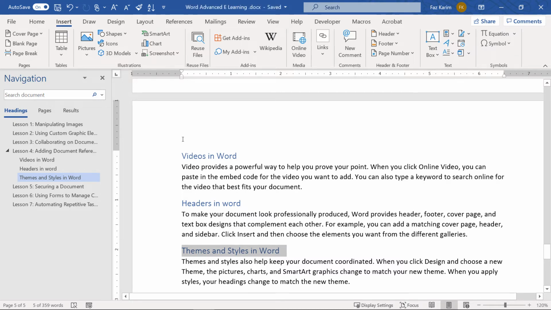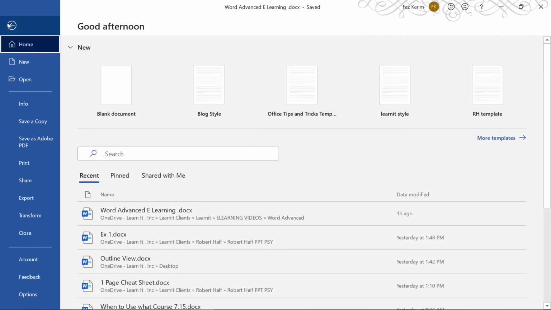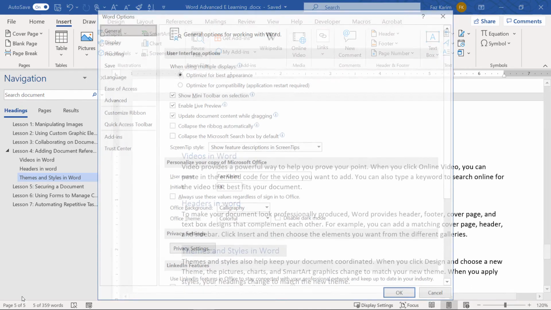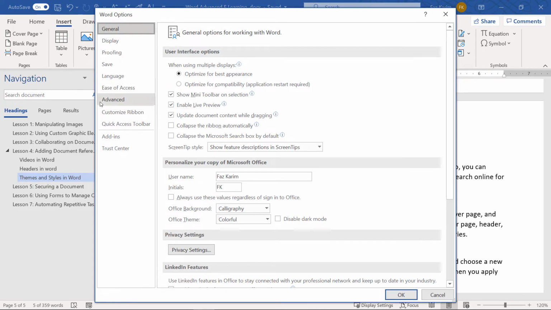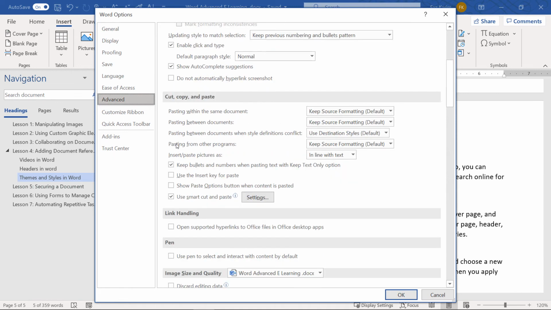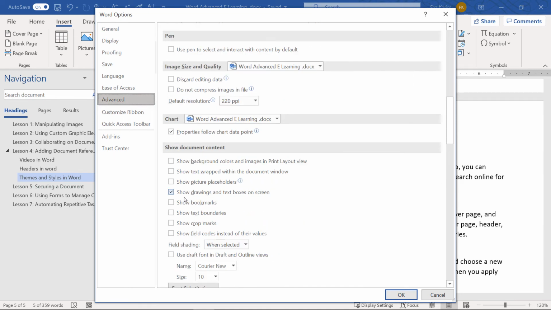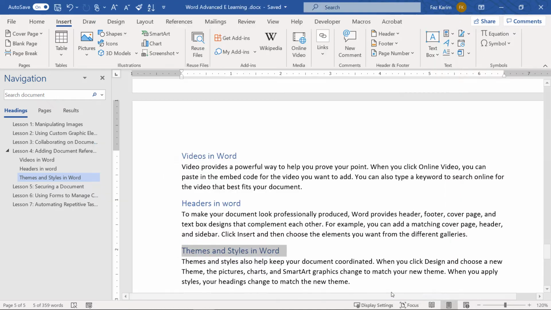Now, if you'd like, you can also go to the File tab of Microsoft Word, head over to the Options, and under Advanced, if you would like, you have the option to show your bookmarks inside the document. And when you hit OK, they'll now show up inside of brackets visually, so you will know what has been